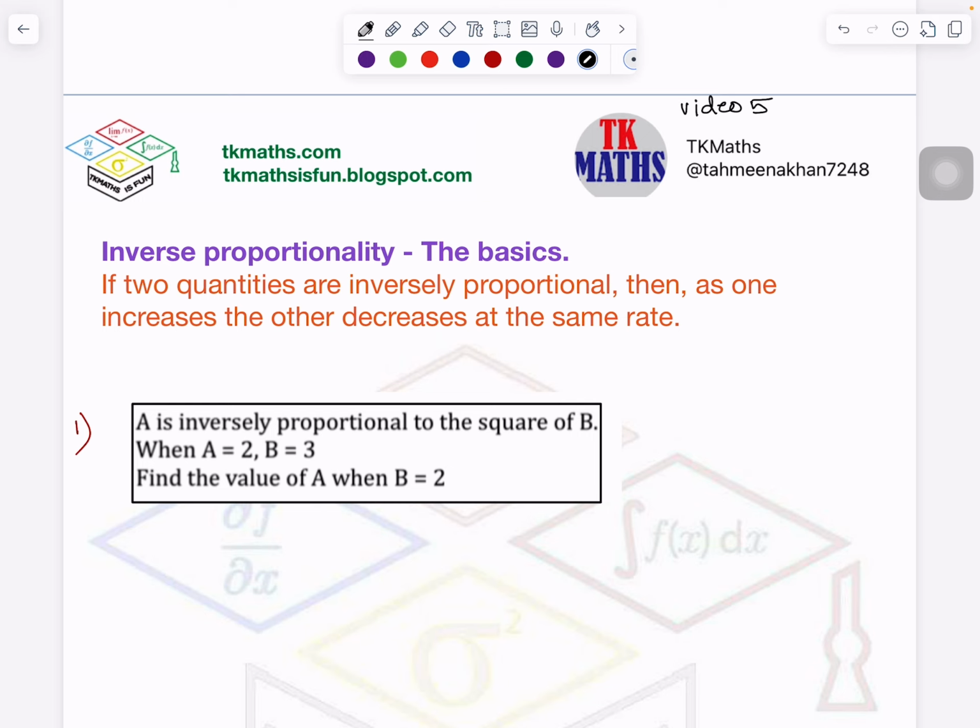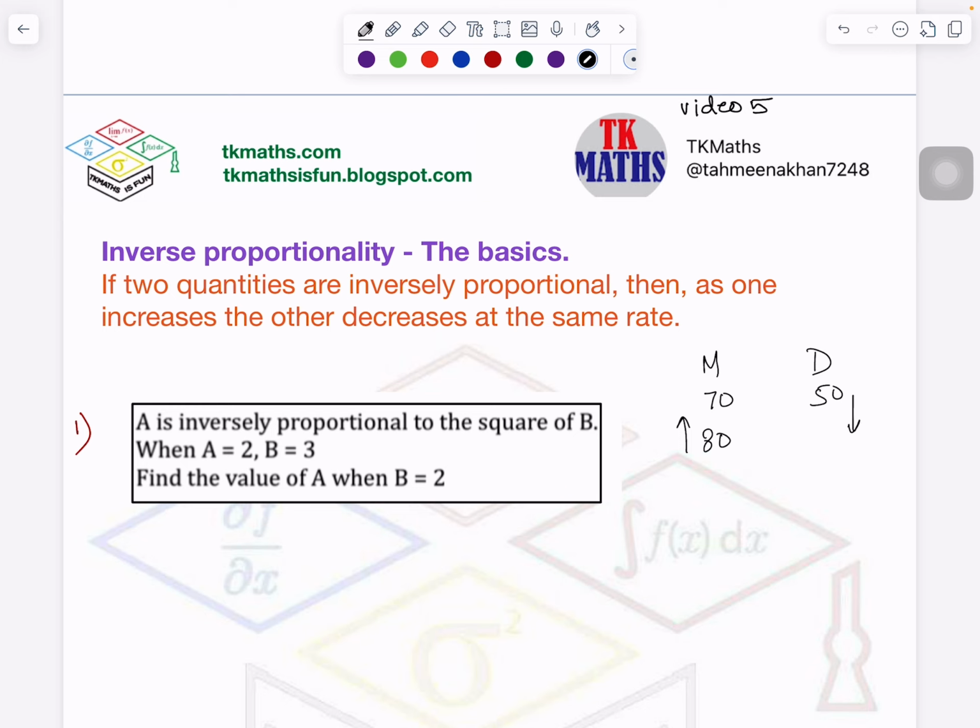A house is built in, for example, 50 days, and the manpower was 70. So when 70 people were working, that house was built in 50 days. If I increase the manpower, for example, to 80, do you think the house will be built earlier or later? Will the days increase or decrease? Decrease, right? Because I have increased the manpower to 80, the number of days will decrease. It will be constructed earlier.